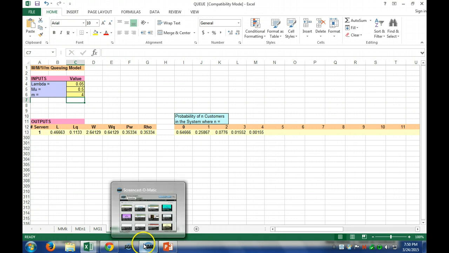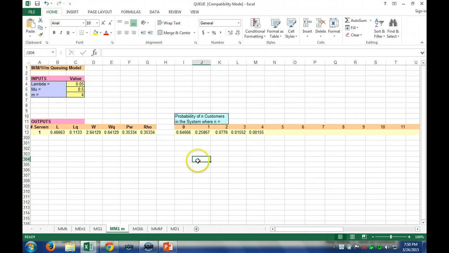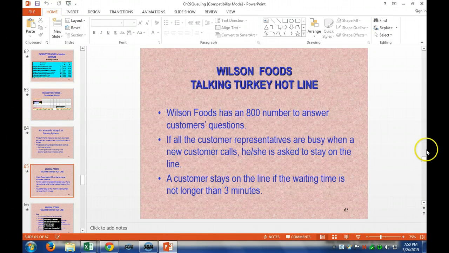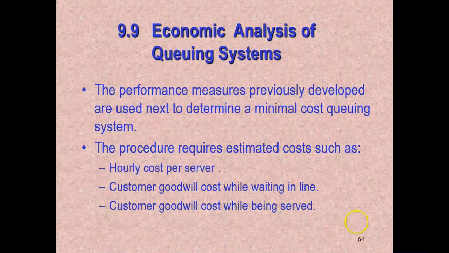Now, Dylan asked an excellent question. So I'm going to go off slides here a little bit. And we're going to talk about the economic analysis of queuing systems. Okay? So he asked, what factors into how much it costs? Because really, we're talking about performance time, but if you add another server, well, you're adding more salary, right? And maybe you're only changing the characteristics of service time a little bit, so you're really not helping yourself in the end. So we've got to weigh those 2 things against one another.